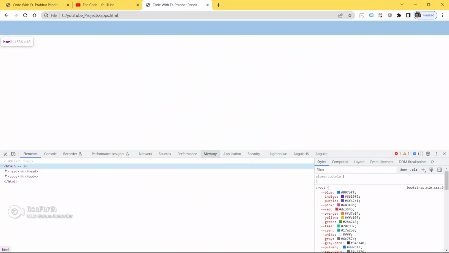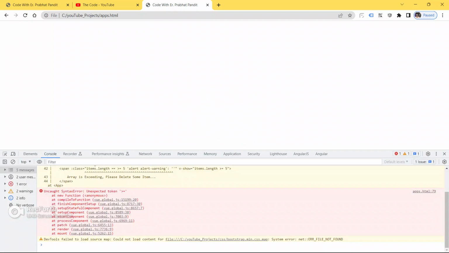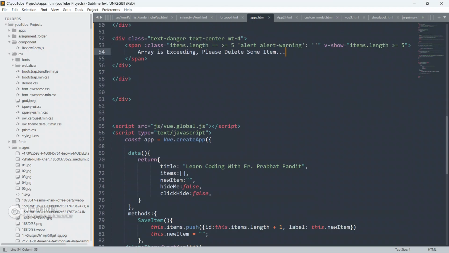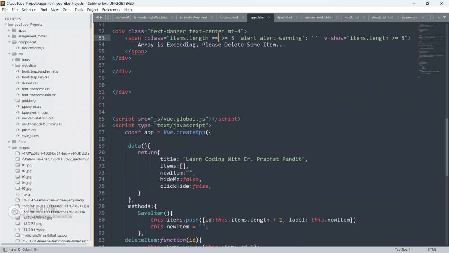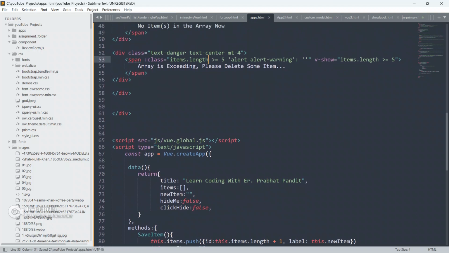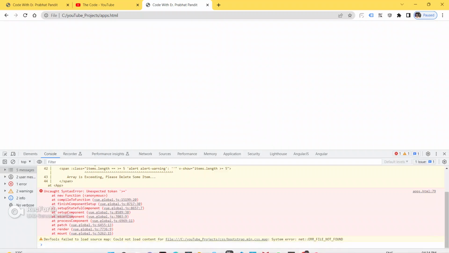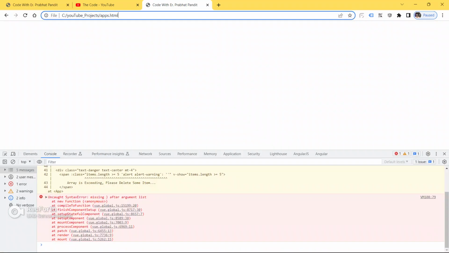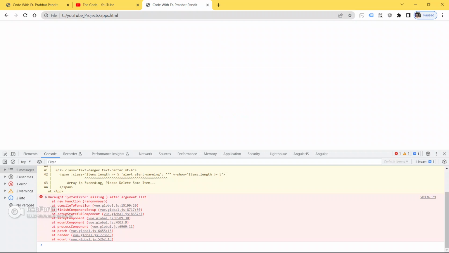So now save your code, go to the browser and refresh your page. Let me check in the developer tools. Okay, we have to remove this equal to. So now save your code, go to the browser and refresh your page.